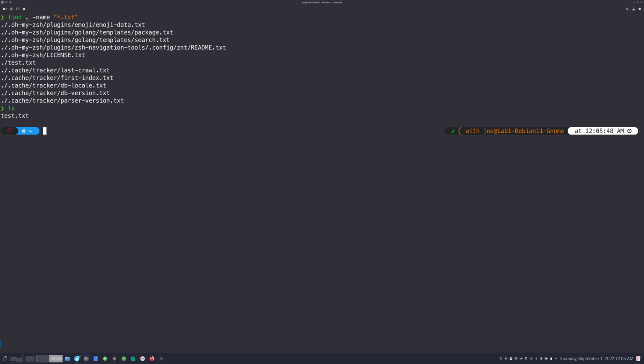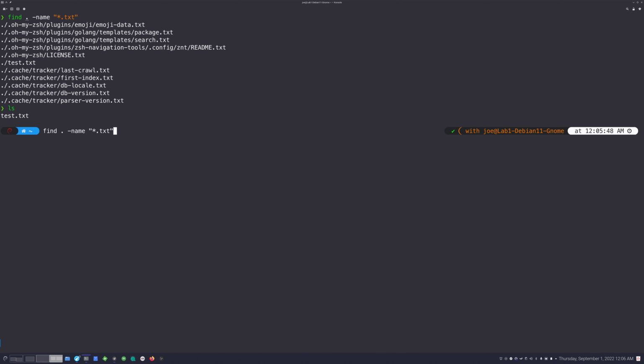But what you need to understand about find is that it is by default a recursive command, meaning that it's going to find everything from the directory that you're in all the way down by default. So I was able to locate basically any .txt file that is underneath my home directory anywhere. That's a very important distinction to understand about the find command: it can be overzealous, and that's fine, because that's what the find command is for, but just be aware that that's happening.